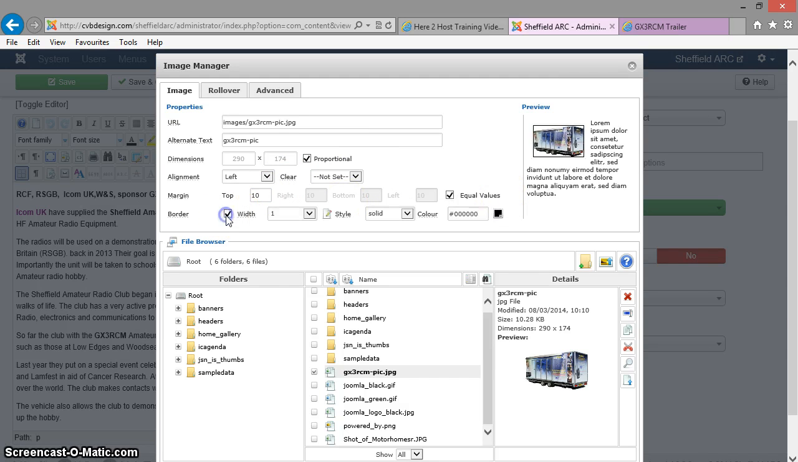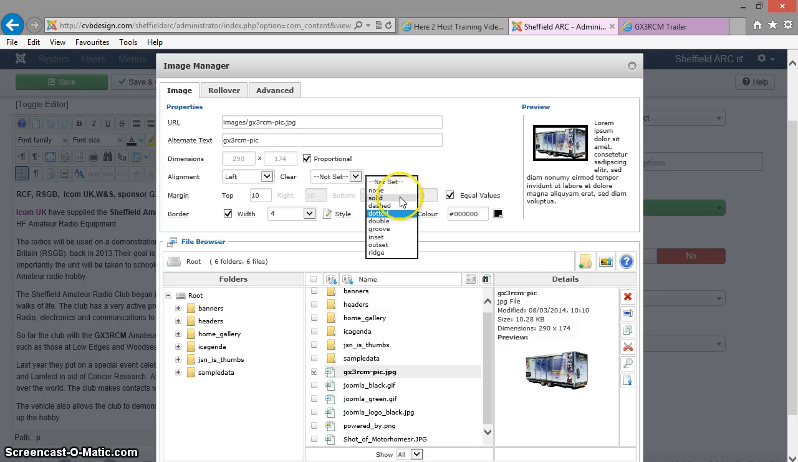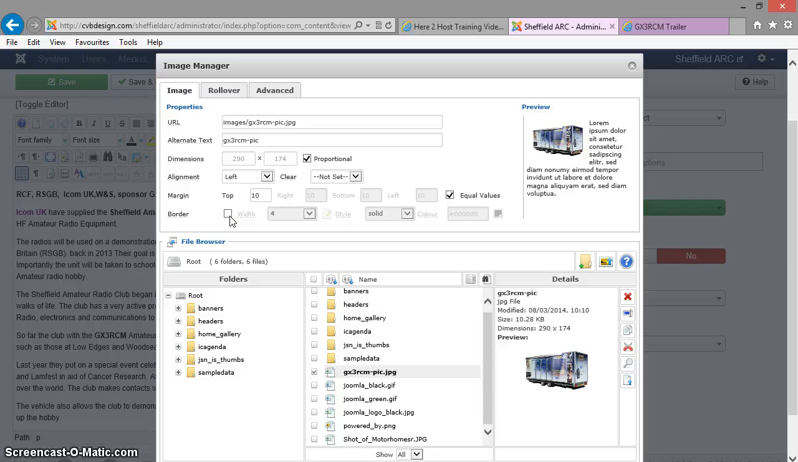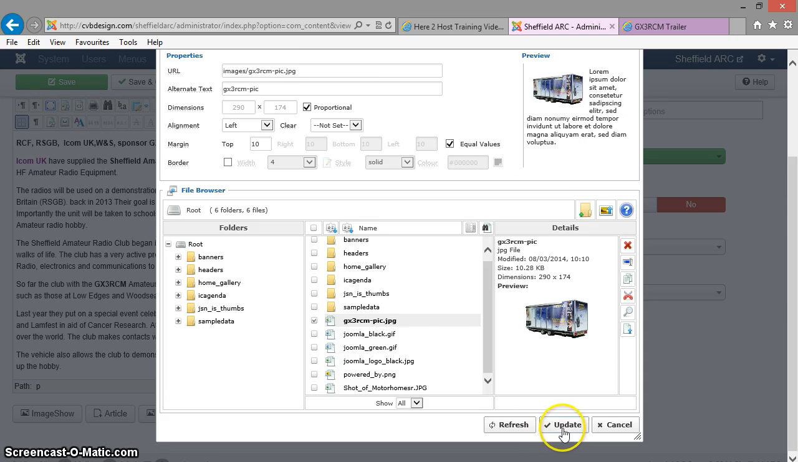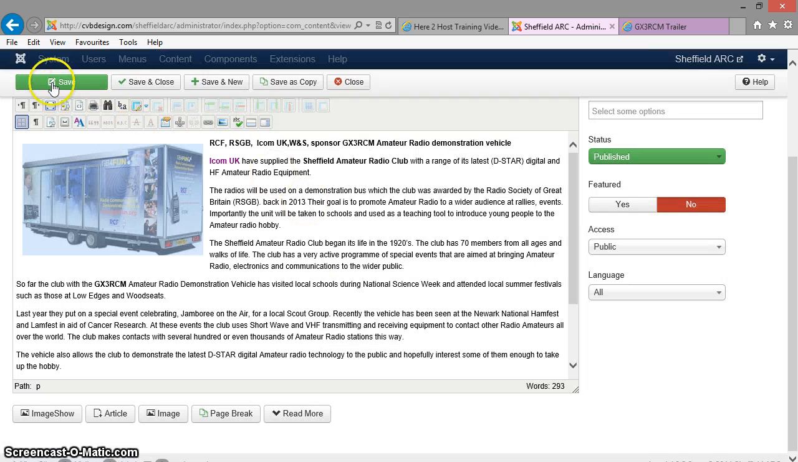If you wanted to add a border, just tick the border. You can change the definition of the border, as in the thickness of it, and also whether it's solid, dashed, or whatever. We don't want a border with this one, so that's fine. So we've now moved that from the right hand side to the left hand side, and to update it, just click on the update button, click on save,